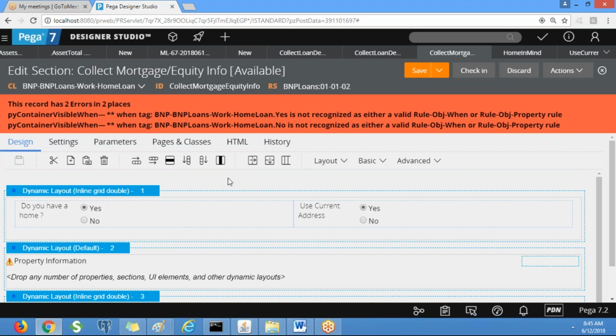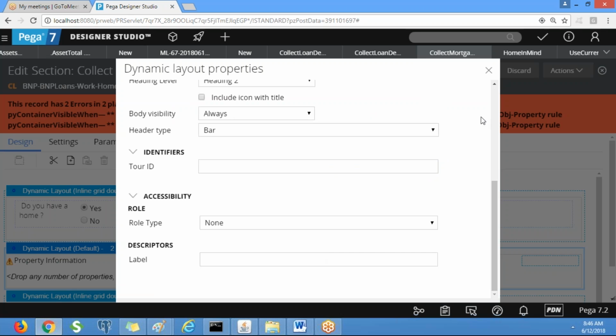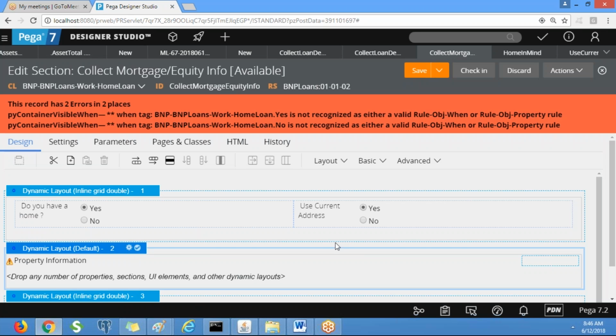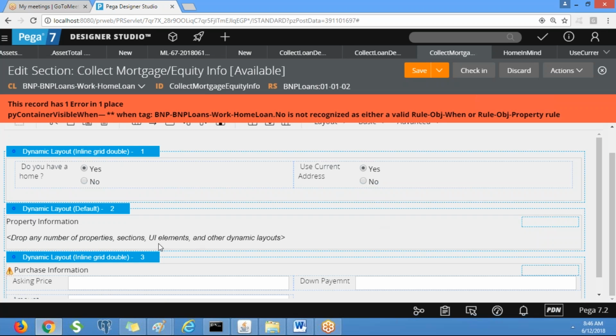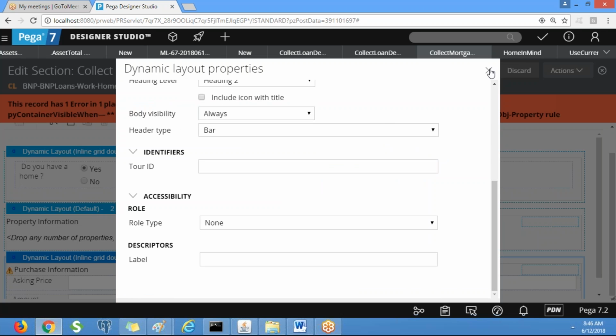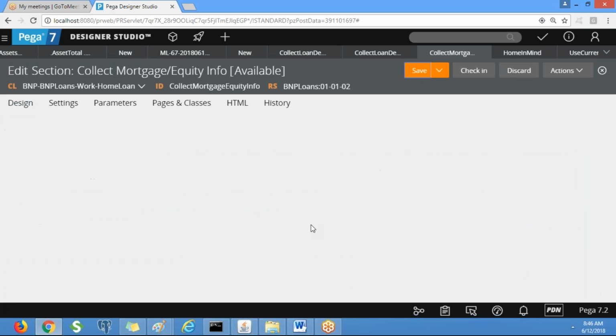Okay, we need to put it in quotes. Now go to this layout, put this value in double quotes. This is a string, right? So you need to specify it in quotes.